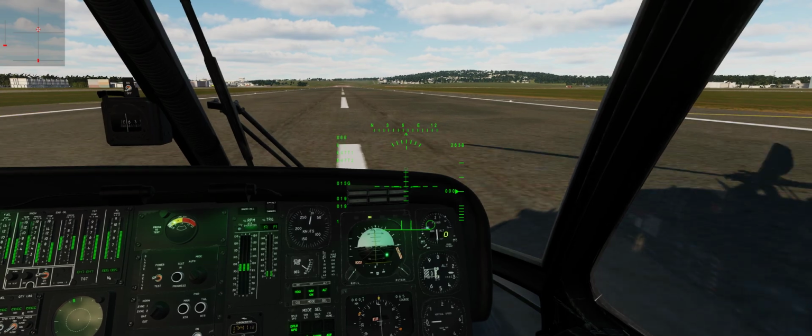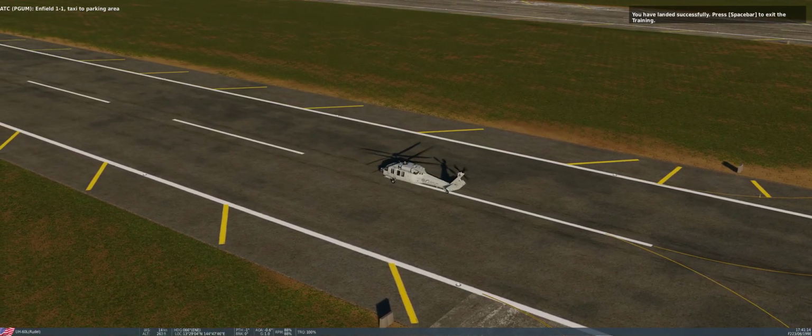Enfield 1-1, landed successfully, taxi to cruise area. Press spacebar to exit the